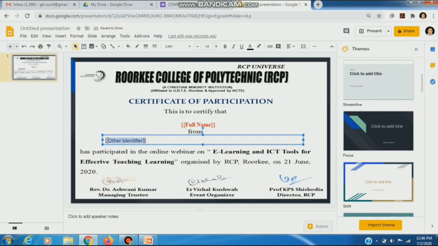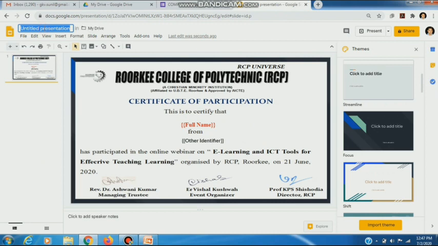I align it to the center and make it bold. Now I save it as FDP1. This will be automatically saved in our Google Drive.